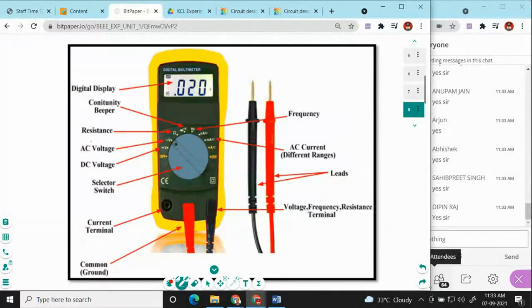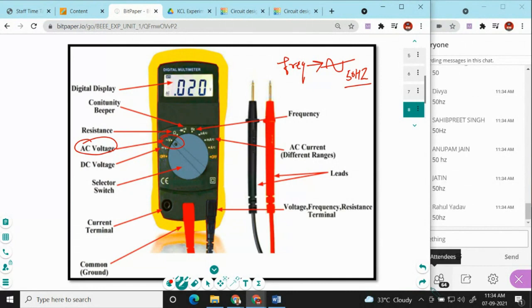Next thing, AC voltage. What do you mean by AC voltage? AC voltage is the voltage which is coming to your home. Its frequency is 50 hertz, the supply used in our households. So this AC voltage you can measure by placing your multimeter knob toward this